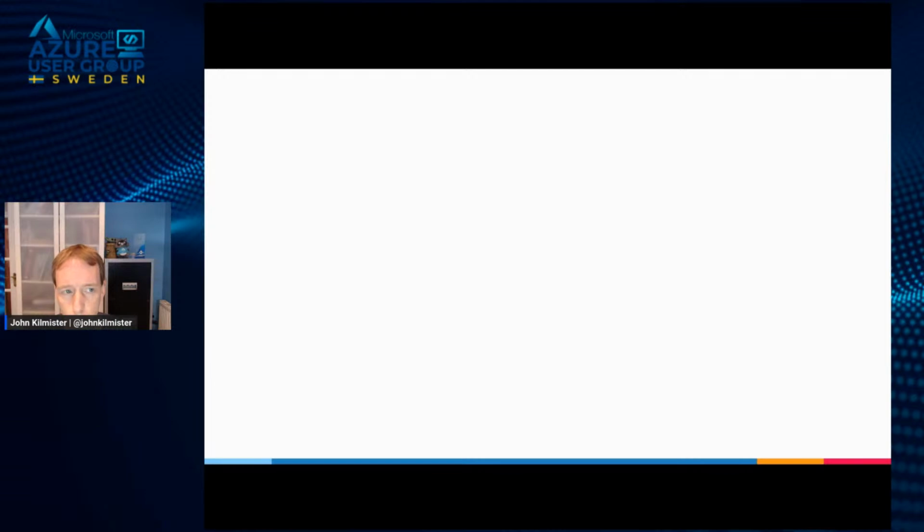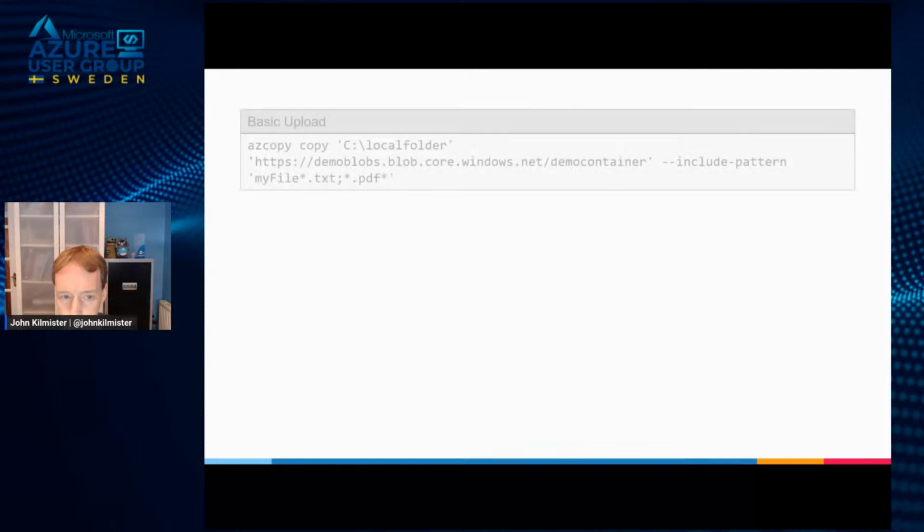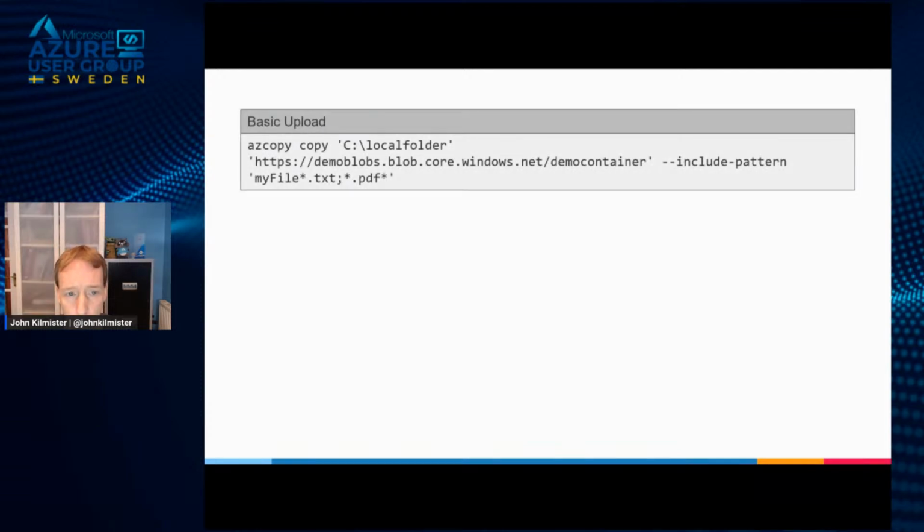So what we're going to do now is look at a few of the commands that AzCopy can give you. It is a huge tool and can do an awful lot, but I thought it was worth just picking up on a few commands that you may not have come across. So a basic copy, we can just take a folder that we've got locally or an individual file and upload it to our account. This can be authenticated with a SAS token or with storage account keys or with service principal. There are many ways you can authenticate with AzCopy. But we can also include a pattern. And if we're going to use any of these AzCopy commands, it's well worth looking at the documentation and seeing all of the available patterns.